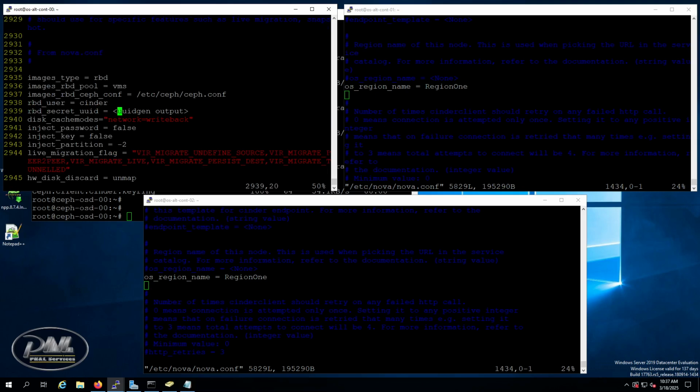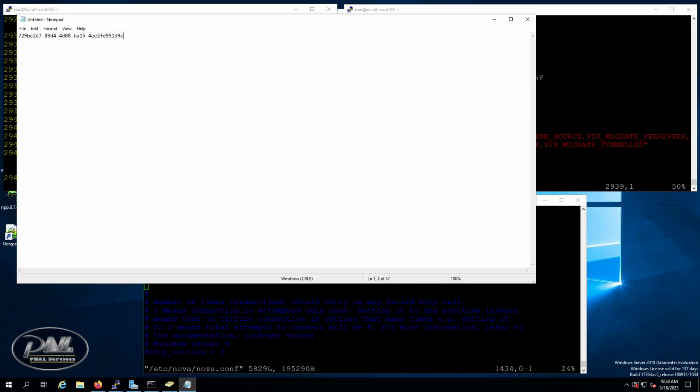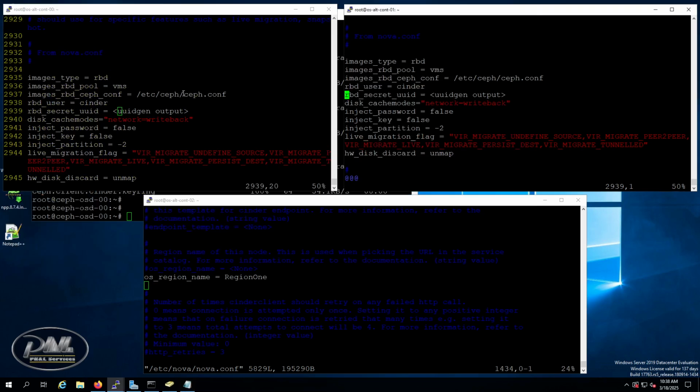So this is where we're going to paste the UUID gen, which is 2939, and we go in here, we copy the UUID, go to the next one,